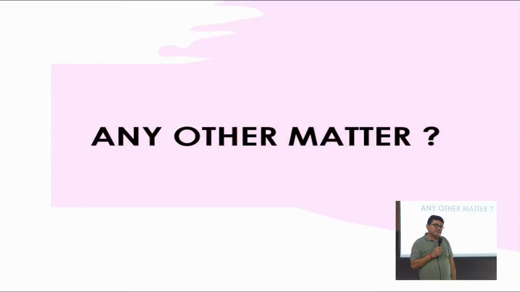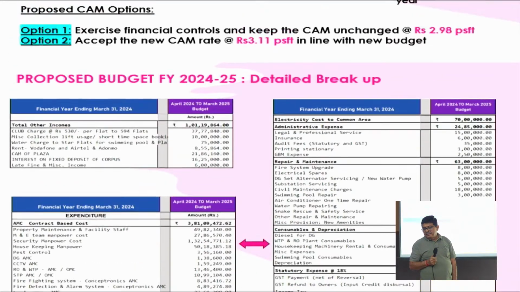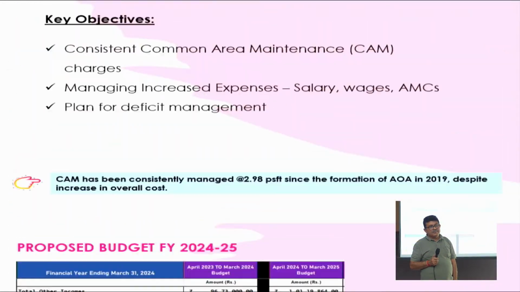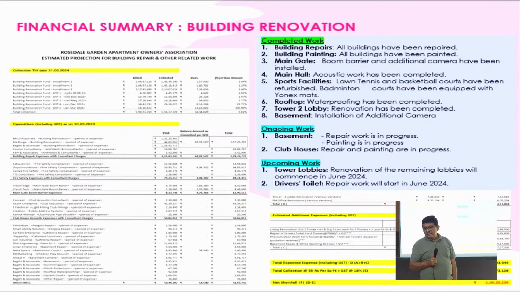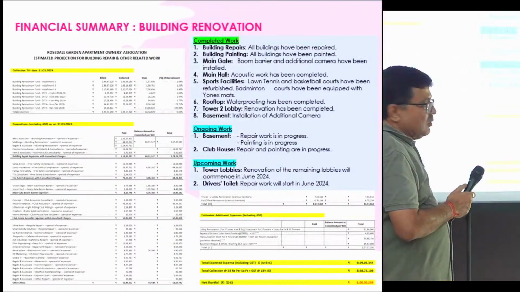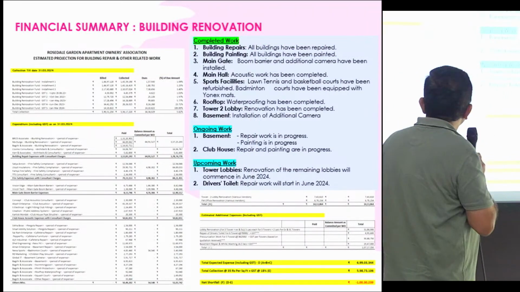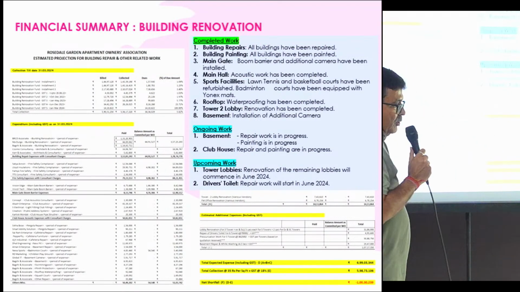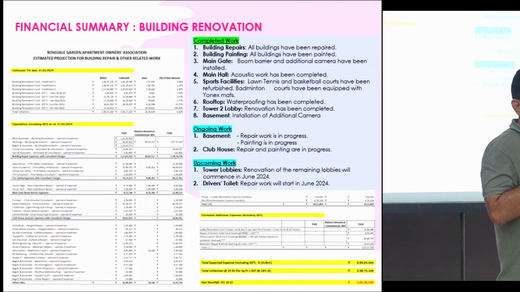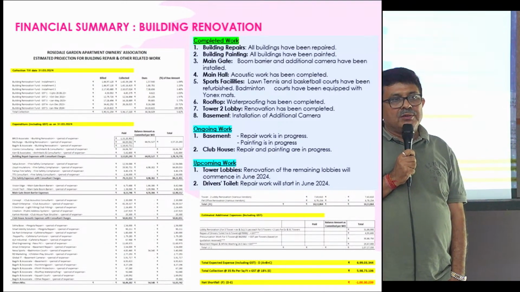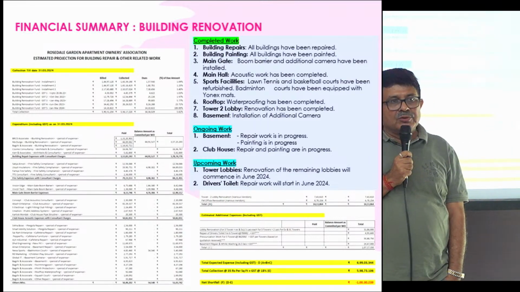So now we will go back to the first. We are going back to the building repair, the question which was raised by Mainaz. I'm not sure how legible it would be, but I'll explain. It may not be very good visibility. So, in the AGM of 2021, there was a proposal to collect 35 rupees per square feet plus